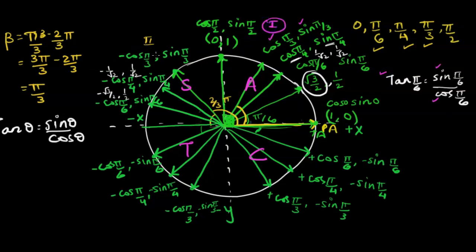When we are in the second quadrant, only sine and its reciprocal are going to be positive. As we notice here, sine values are all positive, whereas cos values are all negative. If we want to find out the tan value, it will be positive over negative. That will give us tan negative. So only sine values are positive, and the reciprocal of sine, that is cosecant, is going to be positive in